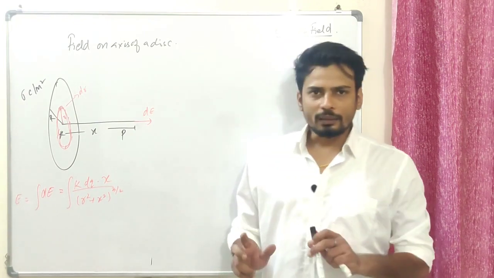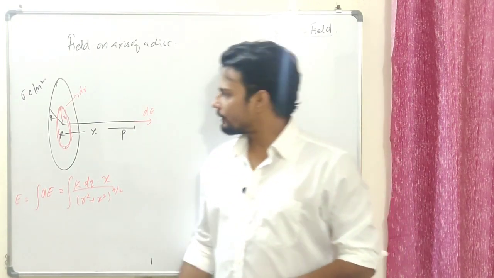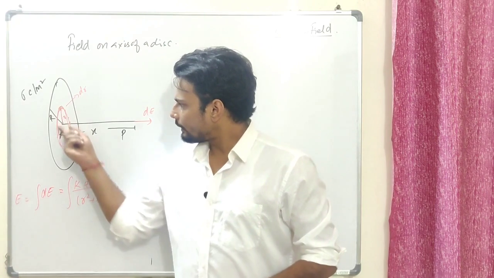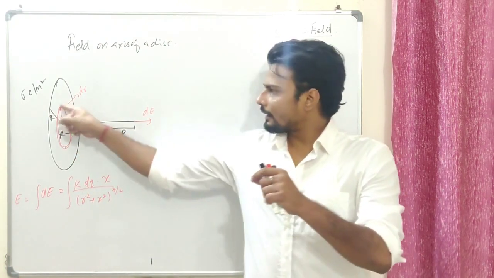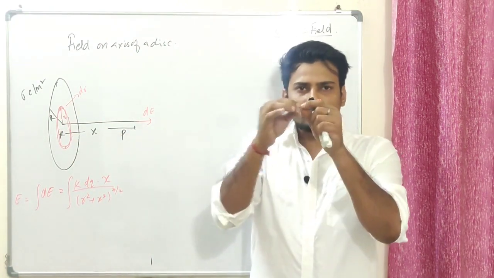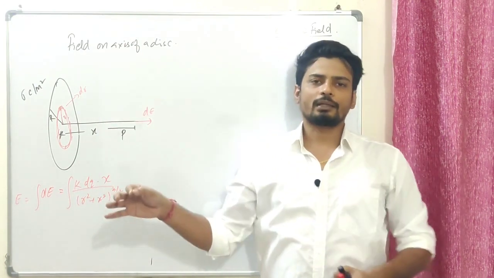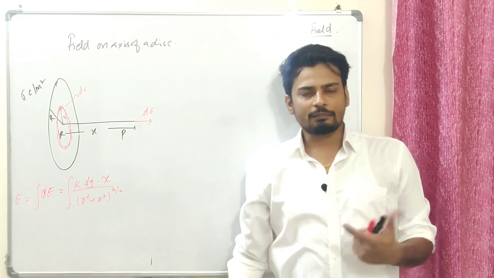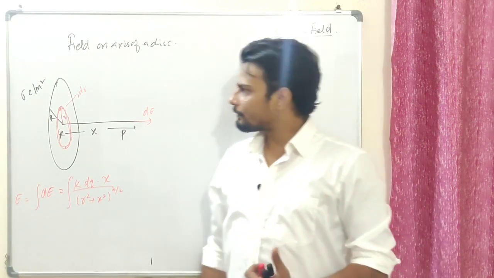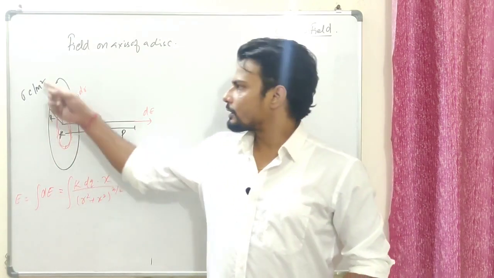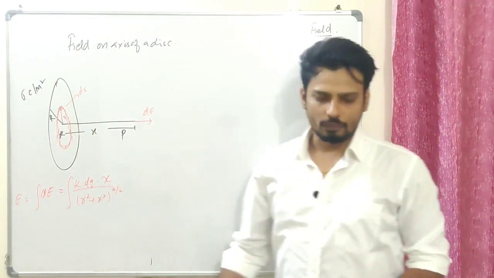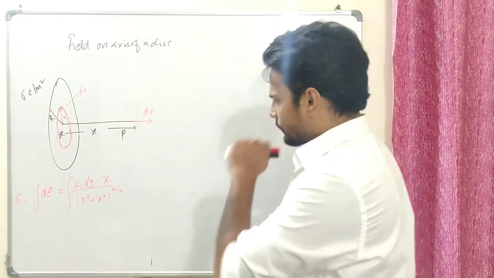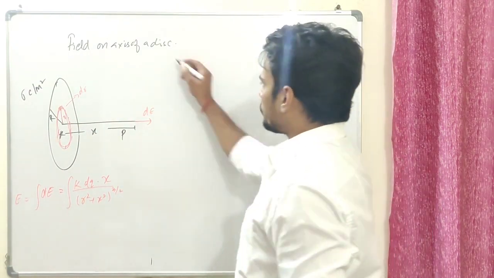Now I just want to tell you one thing, the pretty easy way of finding the net charge on this thing. Well, if I just cut this elementary ring from one point and stretch it, it's going to be a rectangular wire, right, of width how much, dr, and length equal to its circumference, right? If I could get that, it's going to be really easy for us to find the charge on this, because its charge density sigma is given over here, right? So let's quickly find the dq.